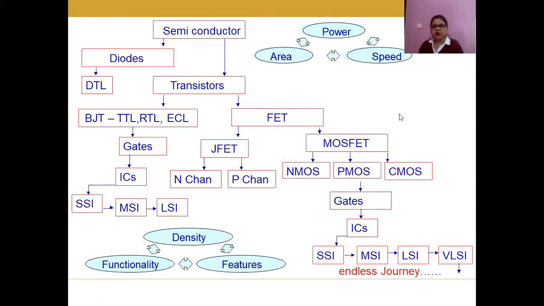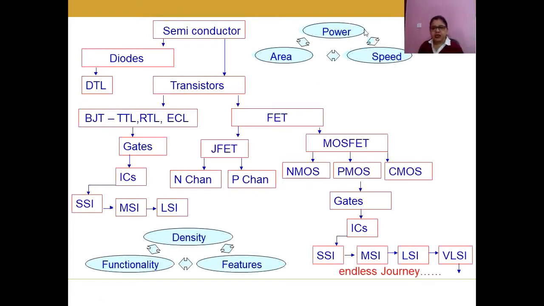Now, when we are using a huge number of semiconductor devices, the question arises, what is the basis behind them, and how has the MOSFET suddenly taken so much popularity among all others, and replaced all other semiconductor devices? So first comes the trade-off between power, speed and area. These are three terms which are totally related to each other. If suppose I shrink the area, say I have to scale down the area, then it will affect the power. If the power is affected, then that will affect the speed.